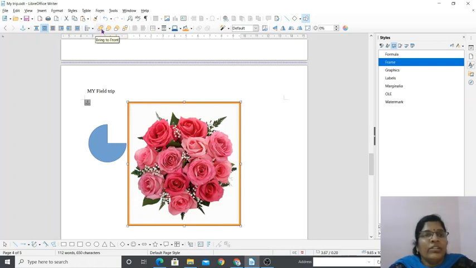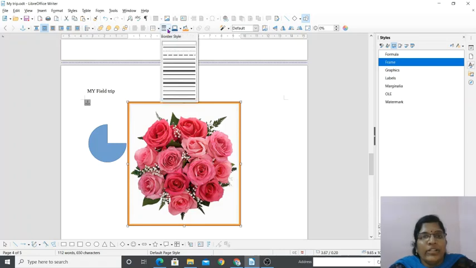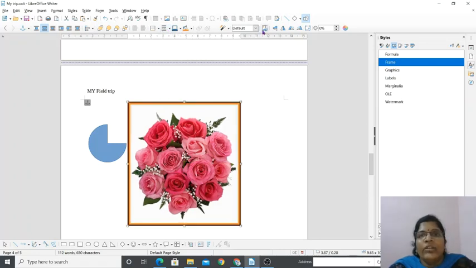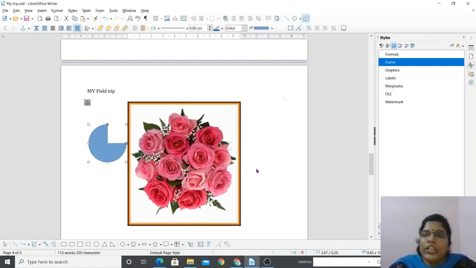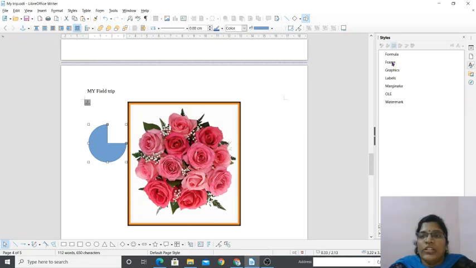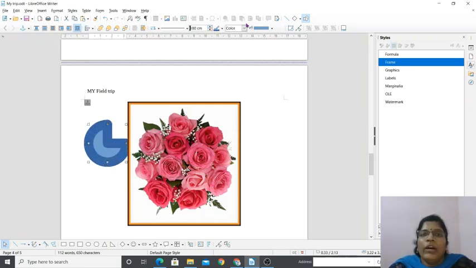You can keep the cursor, bring to front. Okay, you can keep the cursor and border style, double border. Okay, you can flip vertically, anything. You can just keep the cursor and do the changes as you like. This is called formatting the shapes, images. Even the shapes also you can just change it. Frame, you can see different types of formatting. The thickness if you want to change. Do you see? You can do all things. Okay, if you want to change the color, gradient, fill, everything you can do it.